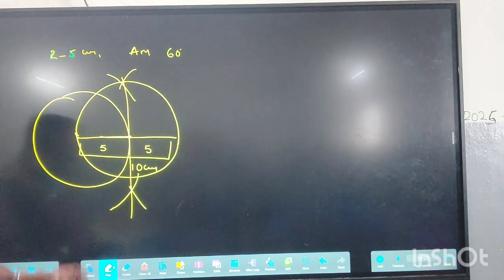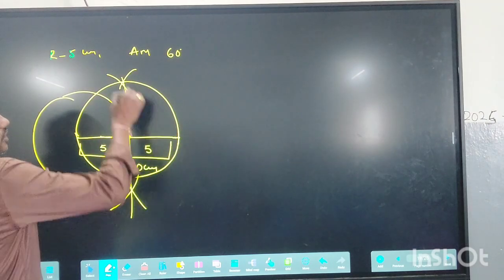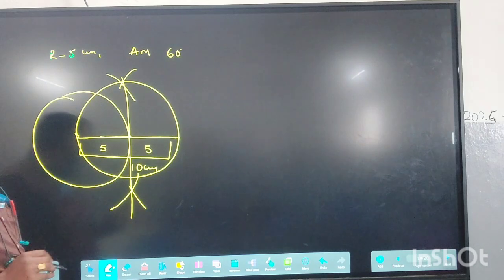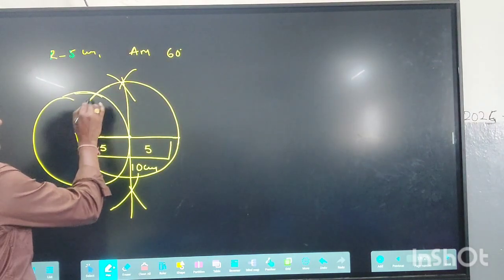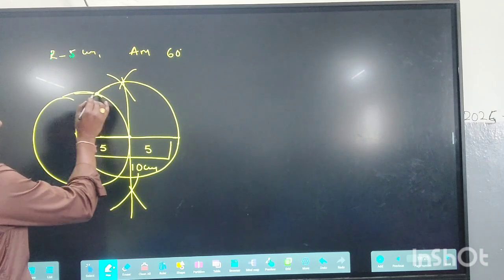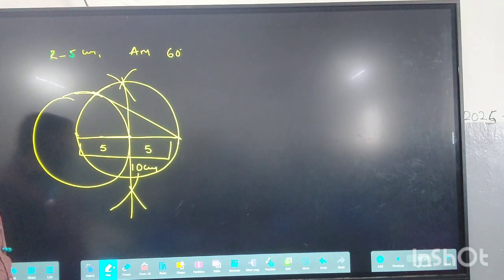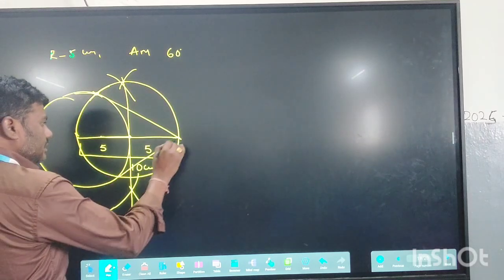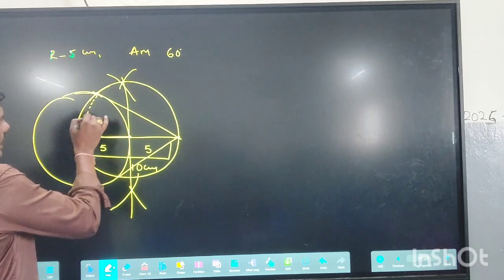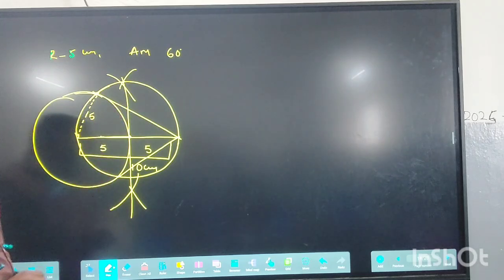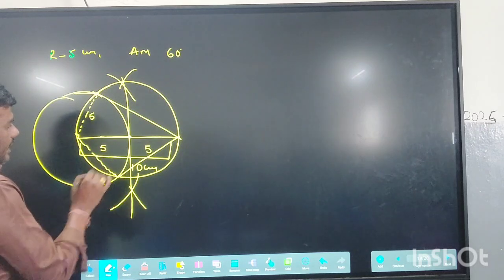Some members draw it the same way, but tangent drawing means joining this point, joining that point. That is not it. Here the two circles touch at points only. Join this point to this. This is the tangent. Here join the tangent, so draw one line. This is the radius, which is also 5 centimeters. Some members have only drawn this.